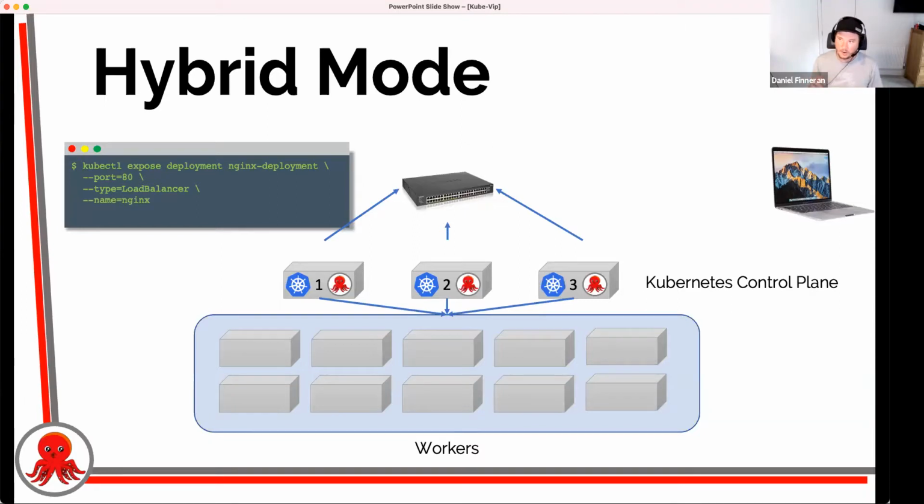And also those three nodes with the Kube-Vip pods running will also take care of load balancing for the cluster. So we could have no workers. We could effectively remove the taint from the control planes. We could then have workloads running next to the API server and things like that, but also get load balancing, also get HA, which was a request for edge deployments.